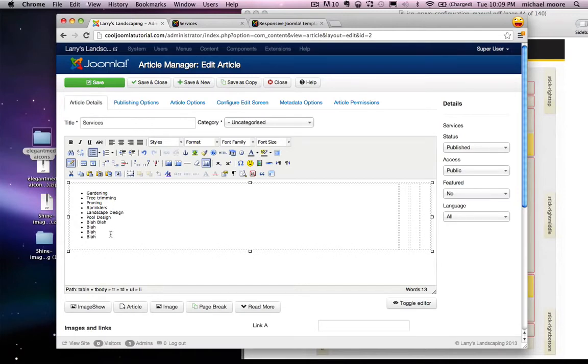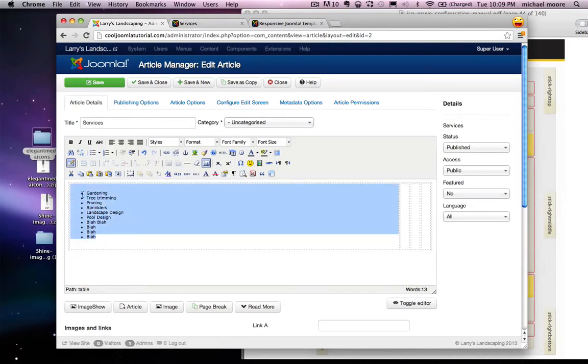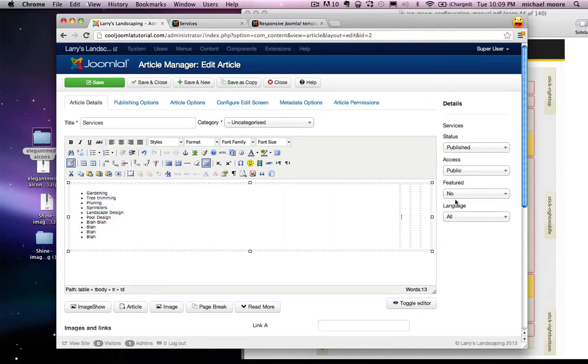All right, so I can just take this and copy it by typing Command or Control C. And then I'm just going to paste it into the other 3 columns. So 1, 2,